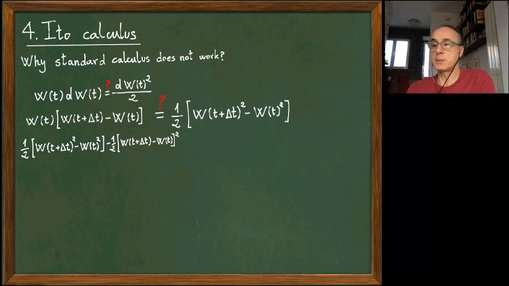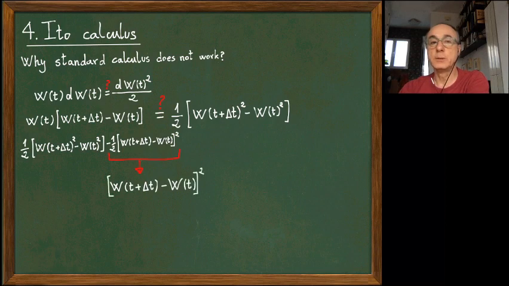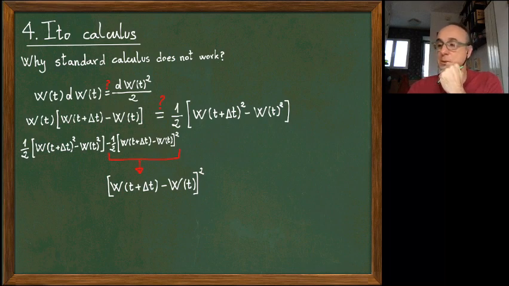So what happens in standard calculus? Well, we have an increment. This is dw, let's say, W(t plus delta t) minus Wt, squared. So this is of order delta t squared if w were an analytical function, a function with a finite derivative. So this should be of order delta t squared. But what happens with the Wiener process? The Wiener process, we saw that although it is continuous, the derivative is not well defined.